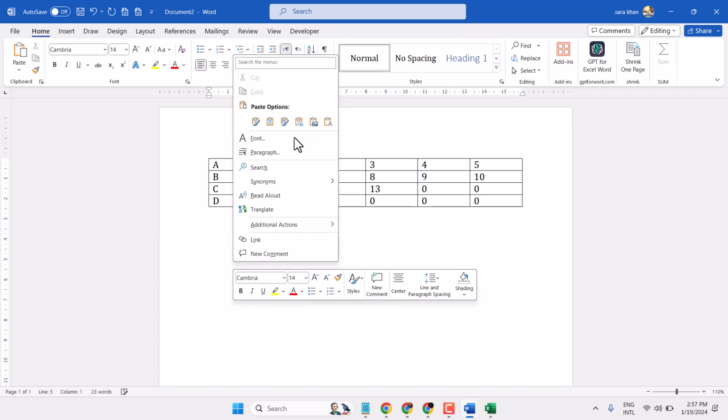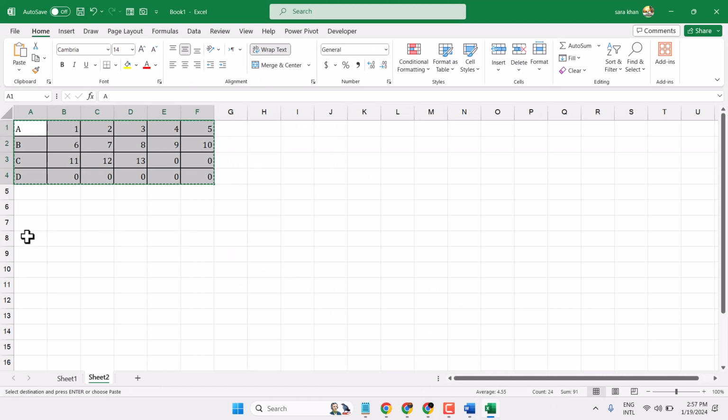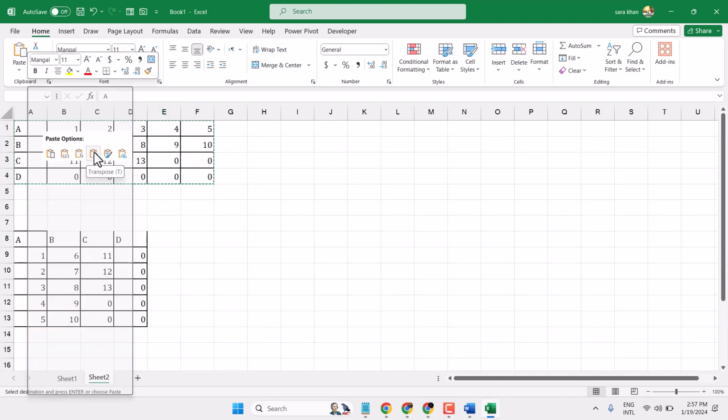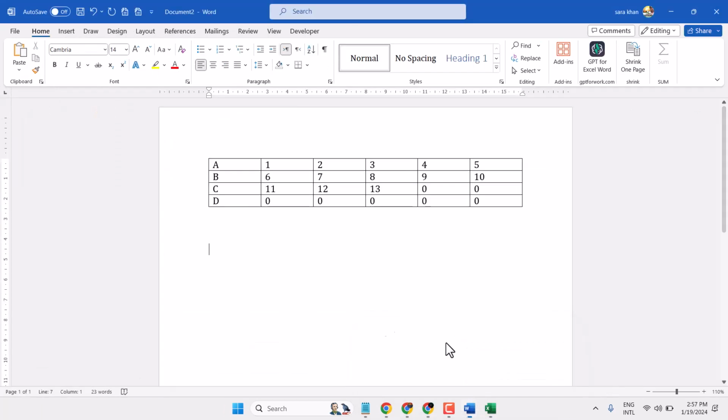Right click and now click any another cell. Right click and paste as transpose. Now select it and copy. Now paste in Microsoft Word